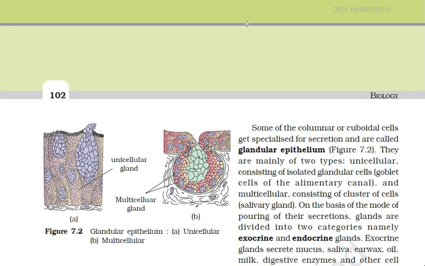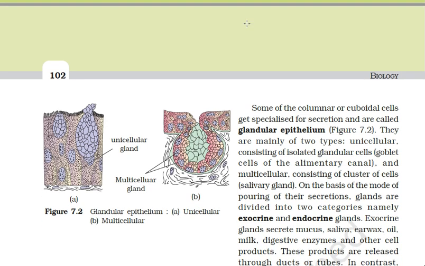These are of two types. They are unicellular and multicellular. The unicellular consists of isolated glandular cells, example goblet cells of the alimentary canal, and the multicellular one consists of cluster of cells, example salivary glands. Based on the mode of pouring out their secretions,